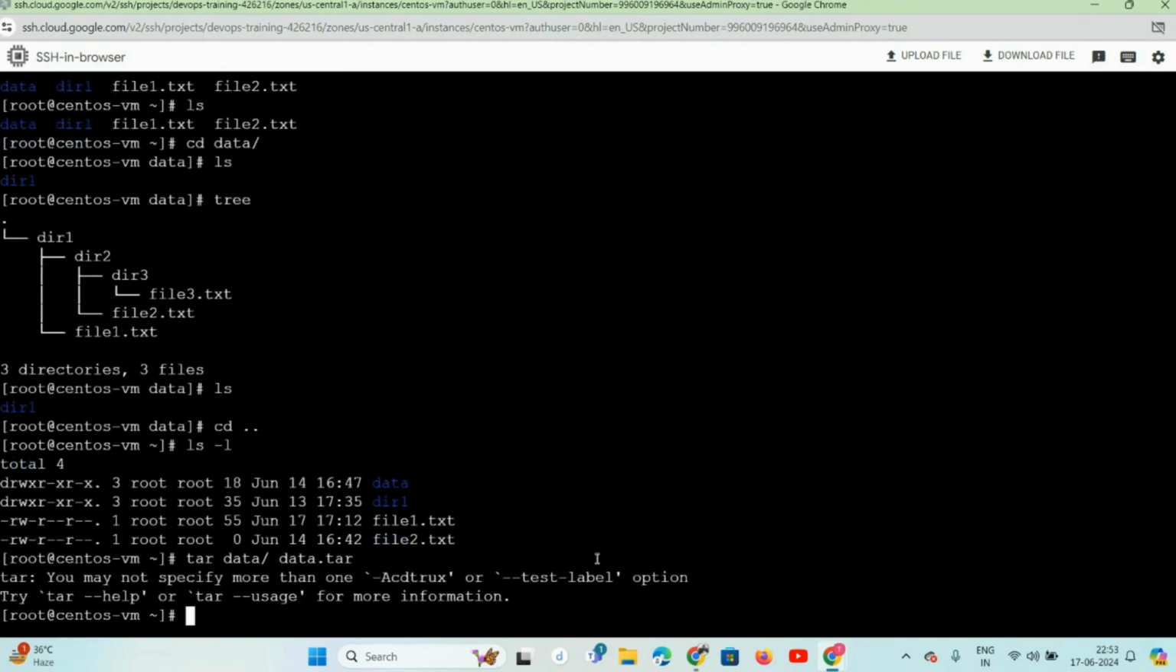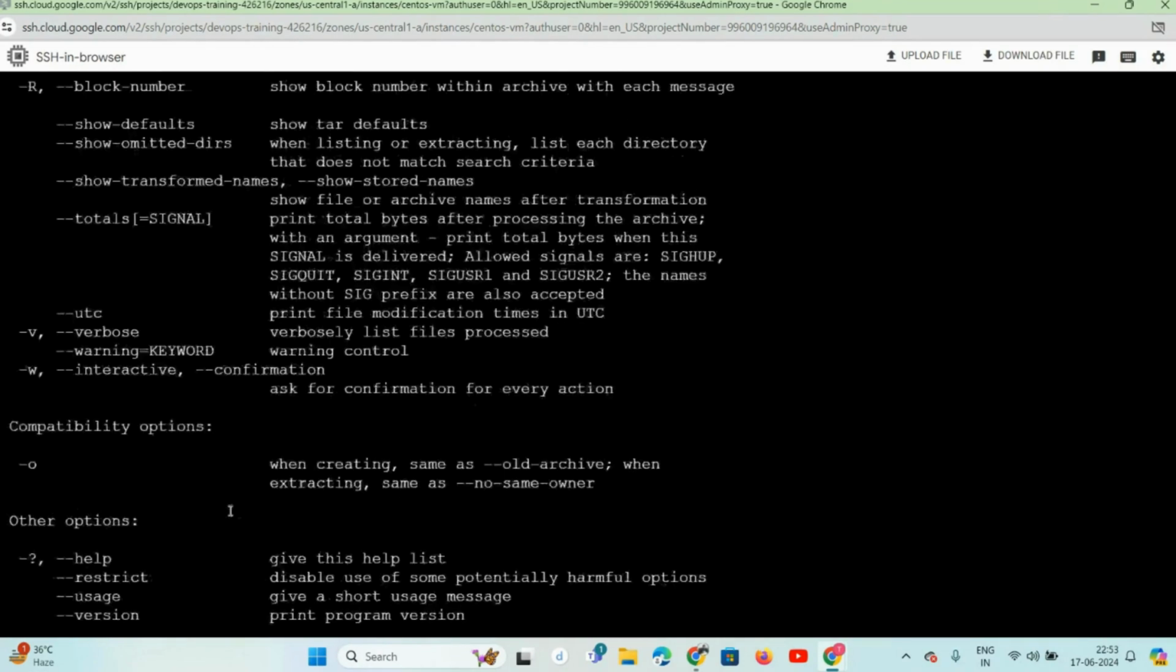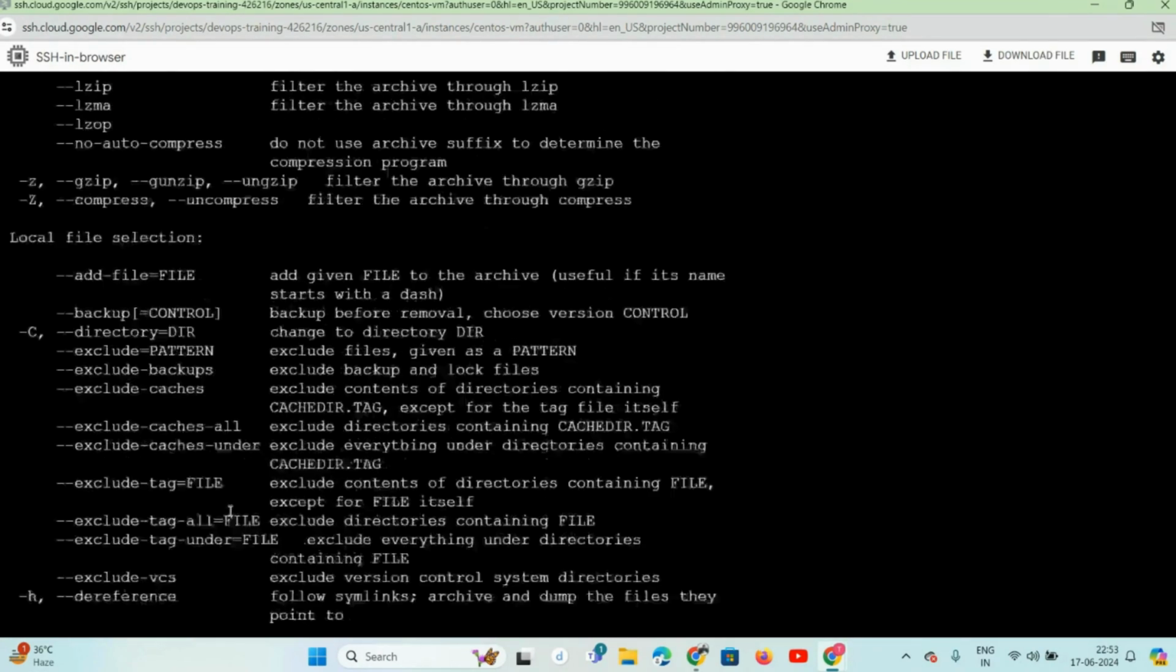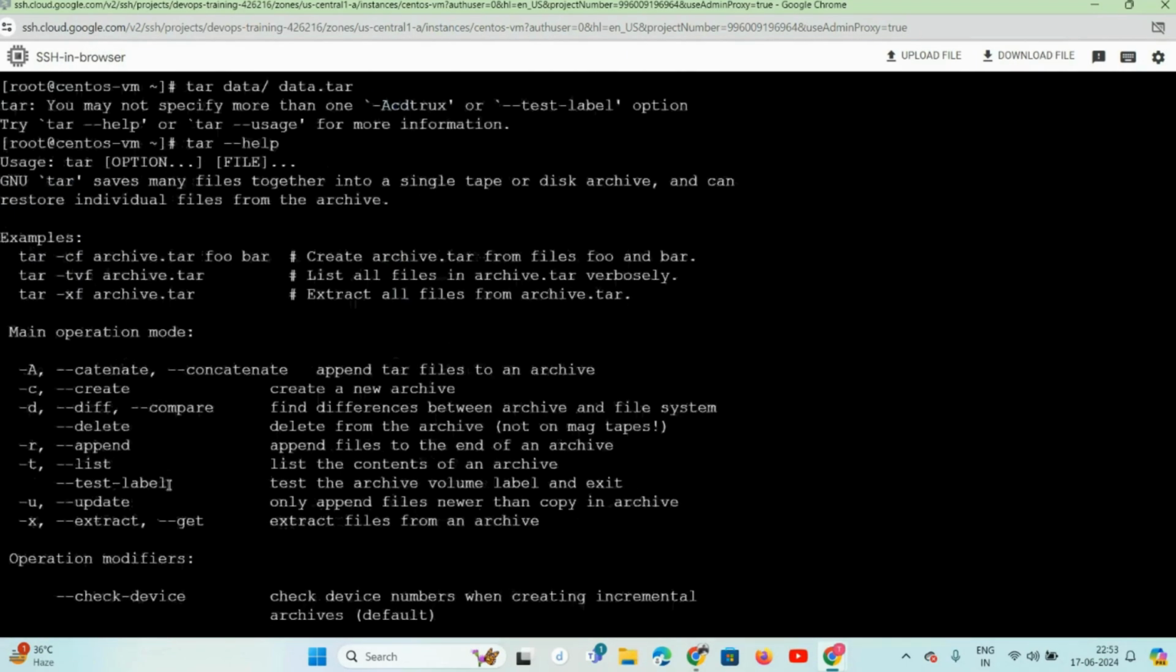So let's make it. I think there is something which I'm missing here. So let's use the help command this time. So tar will show you this help. Now you can see there are a few options, and there are a few examples. So what we need to use here, let me see that. These are all the options, and these are the examples. If you don't know about the commands, you can directly use